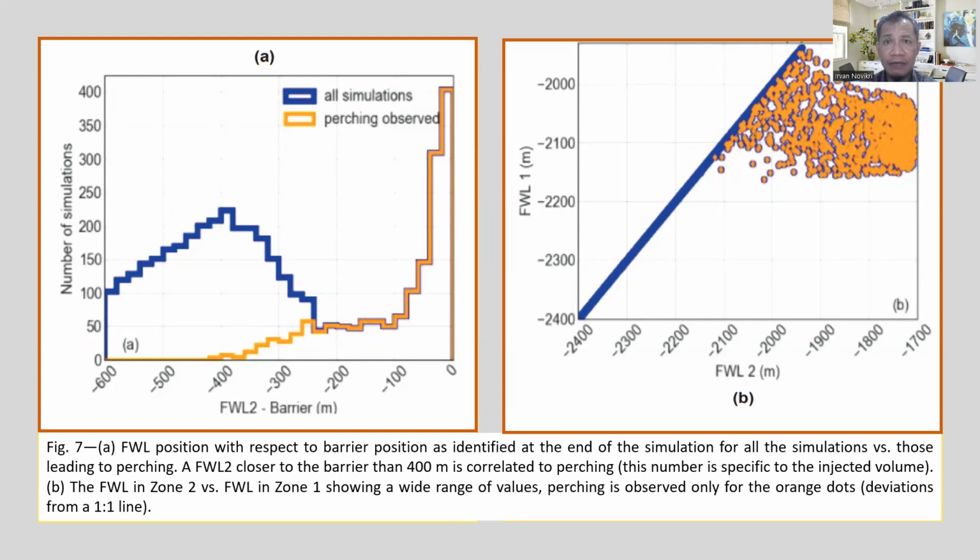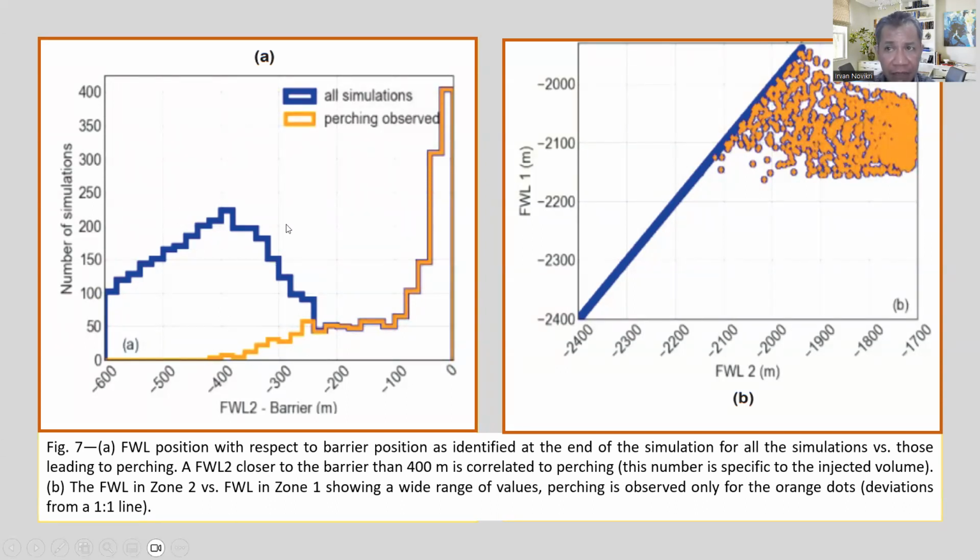Therefore, for a given volume of injected hydrocarbon, the chance of perching happening decreases as the free water level in the traps becomes deeper. This relationship is illustrated, I think, in 7A,